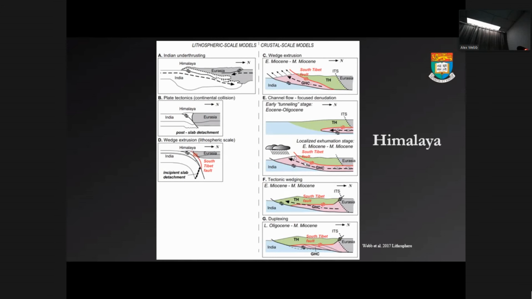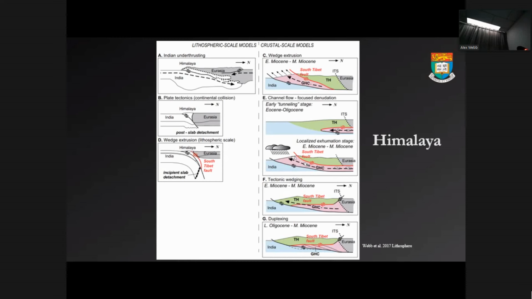And then later on, there's the channel flow model. So the idea of this model is that this would be Tibet, and Tibet is thick, and it's piled up a lot of crustal rocks. So there's a lot of radioactive material. It gets warm. There's partial melting. And so now the partially molten material is weak. And it's weak, but it has the huge plateau on top of it. A lot of gravitational potential, pushing down on those rocks, pushing down on the weak material, squeezing it out to the sides.